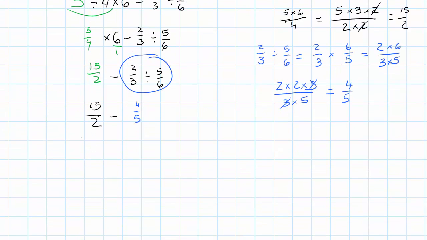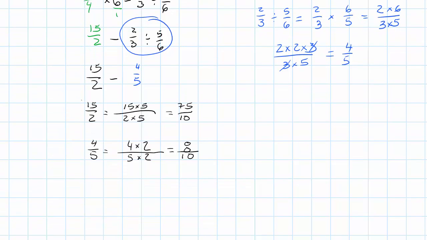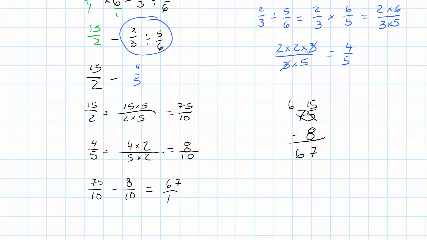Now to do this subtraction, we need a common denominator. 2 and 5 are both prime, though, so we can just multiply them together. Here we multiplied the denominator by 5, so we have to also multiply the numerator by 5. That's 75. Here we multiplied the numerator by 2, so we get 8. So we'll have 75 tenths minus 8 tenths, which is 75 minus 8, 67 tenths, or 6.7, noticing that this